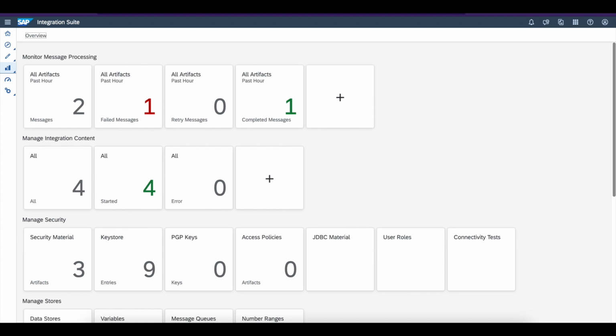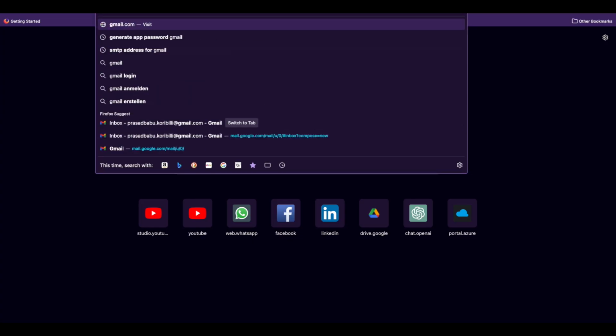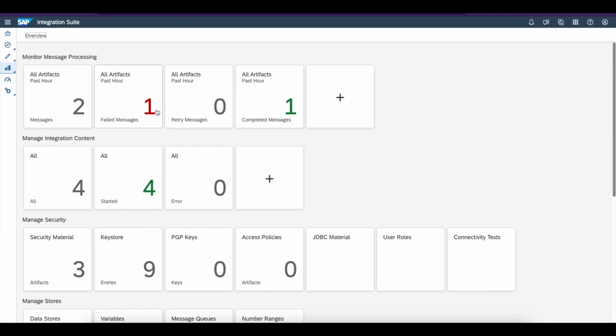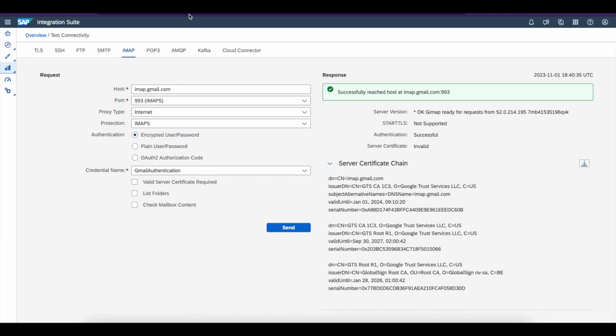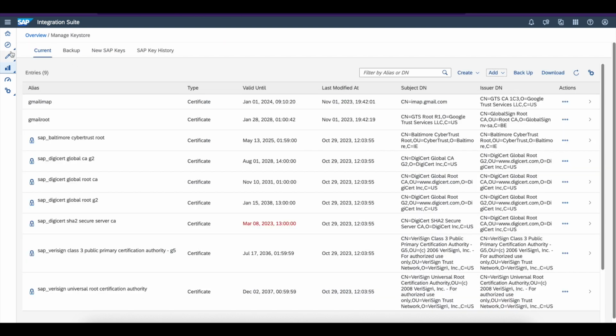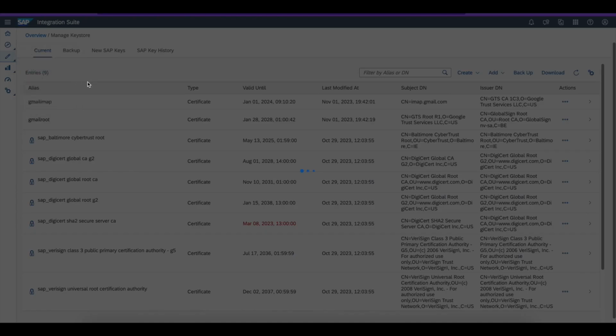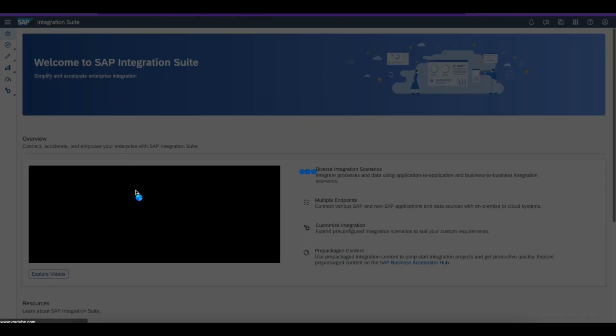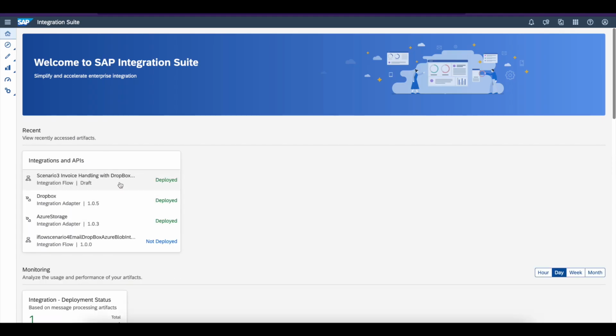So what I'm going to do now is, for example, I'm going to send 4 different emails to the email server. One is with PDF, the second one is with XML, the third one is zip, and the fourth one is no attachment. Okay, let me log into my Gmail account. Let me go to the integration. Let me go home, go to the integration process,